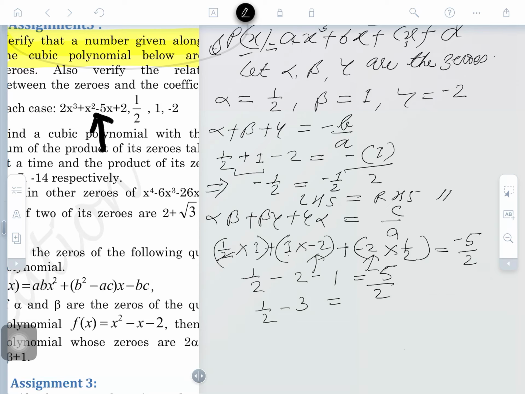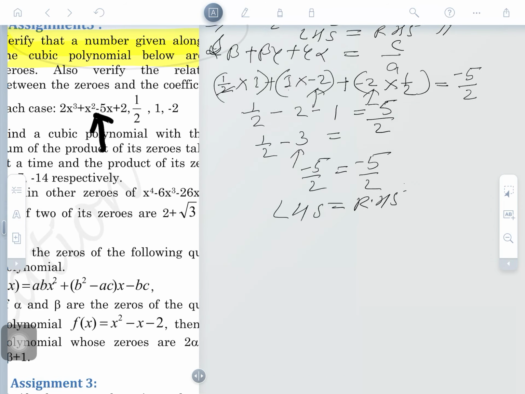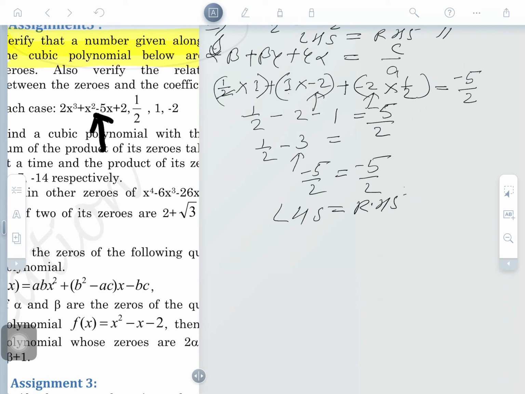So, 2 will be here negative, and the C by A, what is C? Minus 5, and what is 2? So, this is to verify here, this minus 3 by 2, here will come half minus 3. So, half minus 3 will be what? 5 by 2 will be there, okay, and the sign will be of greater, minus 5 by 2 is equal to minus 5 by 2. So, we will speak here LHS is equal to RHS, means this relation has been verified for the given condition. Similarly, we need to do for the third relationship between them, alpha into beta into gamma.